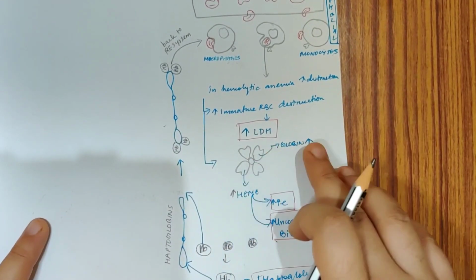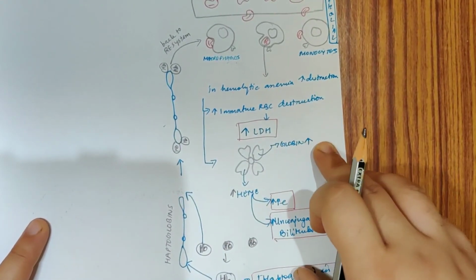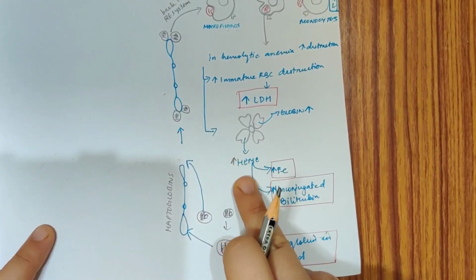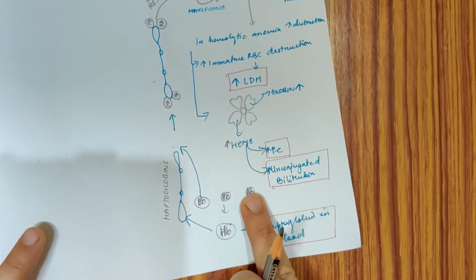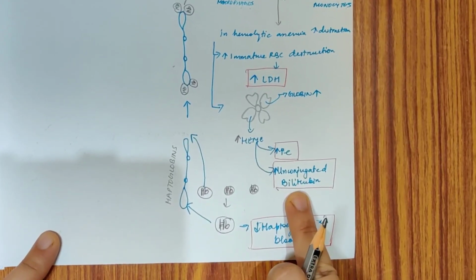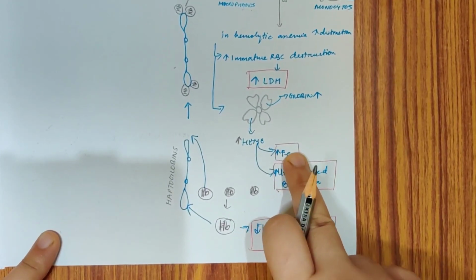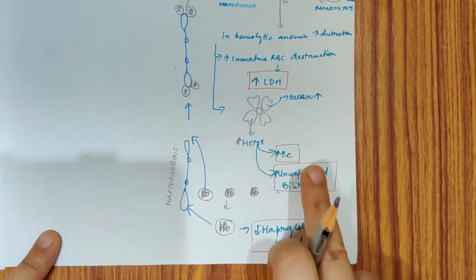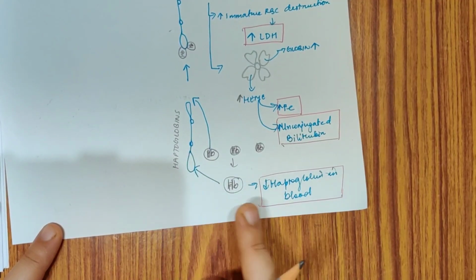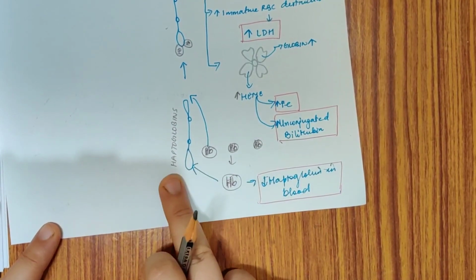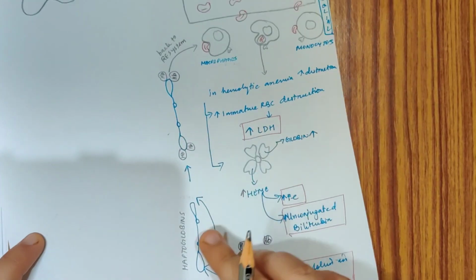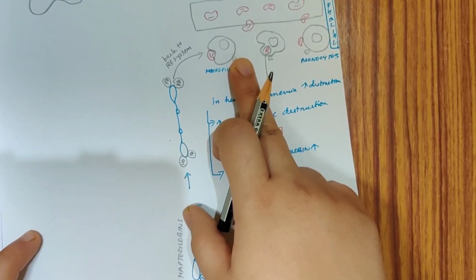Another point is that these RBCs are being broken down into heme and globin. So your globin will increase, and this heme will also increase. Heme has two components: the iron component and unconjugated bilirubin. The unconjugated bilirubin goes back to the liver and iron goes back into the liver as a storage form. There is a lot of free hemoglobin in the blood. This hemoglobin will attach to haptoglobins. These haptoglobins will capture all the hemoglobin and take it back to the macrophages for re-destruction.